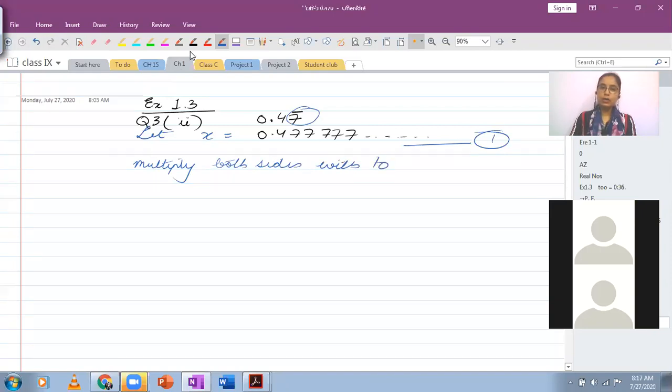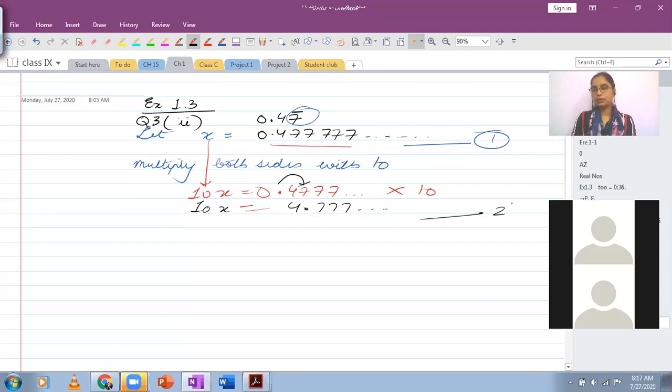On the left hand side, I will have 10x. So this is x multiplied with 10. Whereas if I have to multiply this decimal number on the right side, you can just write it this way, into 10. Multiplying with 10 will move the point to the right side by 1 place. So this is what you will have after this. Let's represent this result as the second equation. So this was what's given to me, and this is the step that I have obtained. I've got two things now. I'm going to use these two results to find my answer.